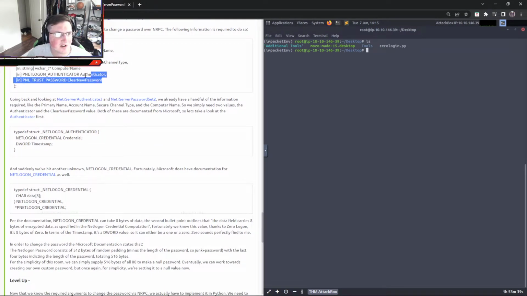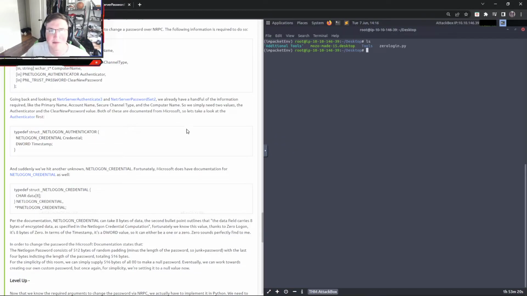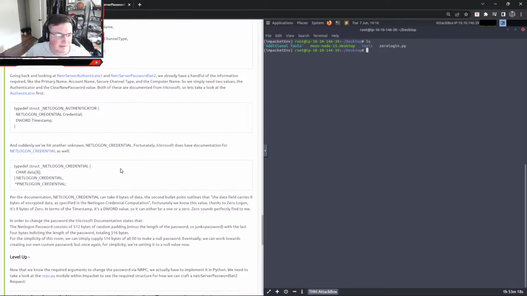Okay, so these are required. We have most of them. And if we look at this documentation, right here, this is what they need: the primary name, account name, secure channel, computer name. This is all based on Microsoft documentation, so this was all public information that you can find.